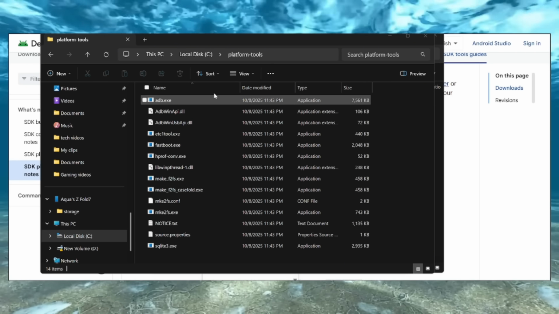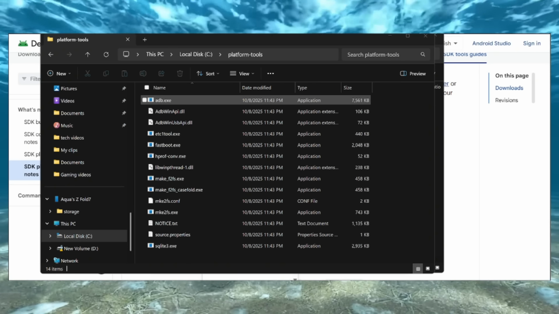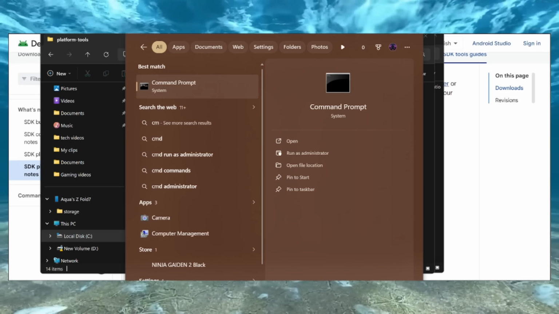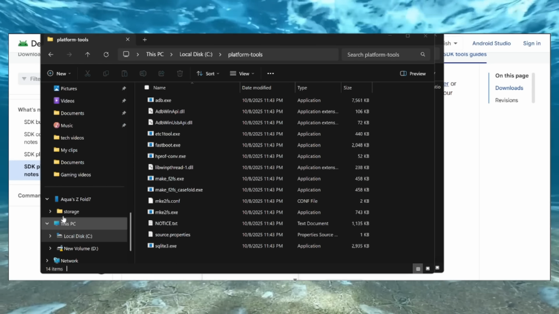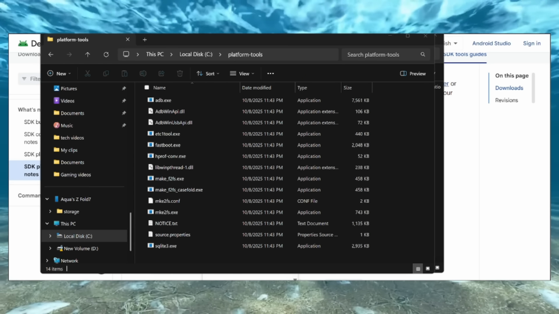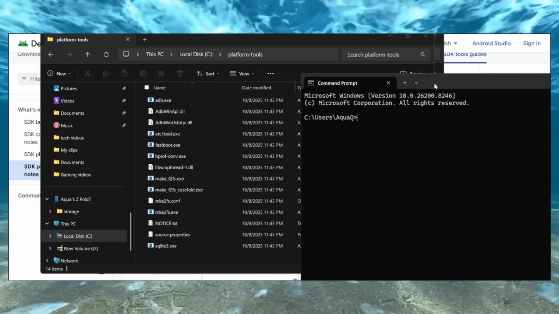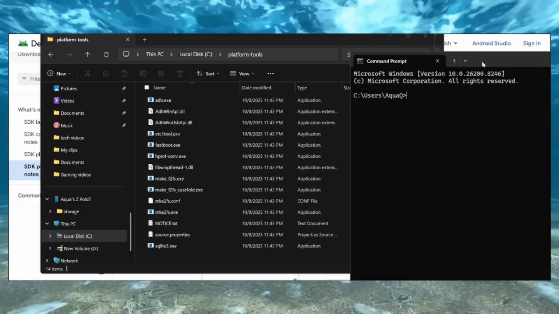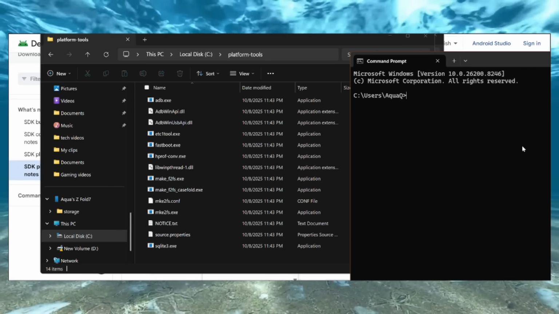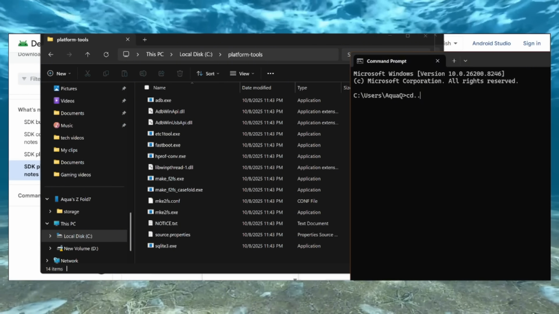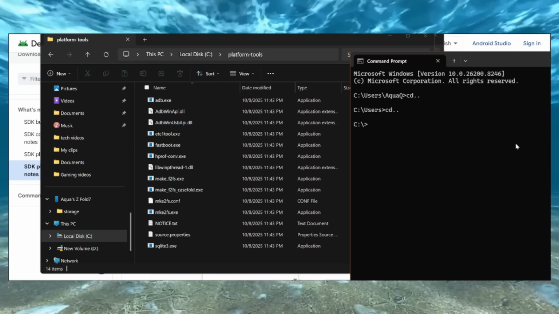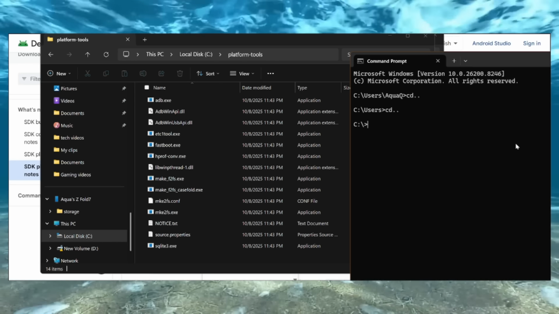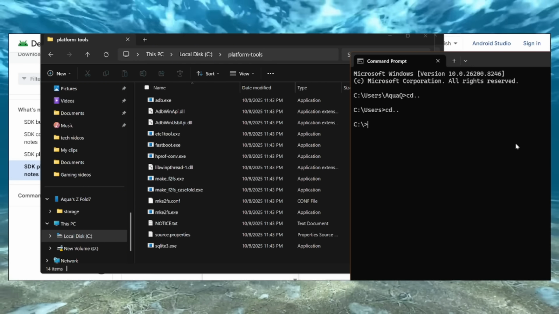All right, so now that we have all of these here in your C drive, now we can go to the start menu and we can type in CMD. CMD is the command prompt that we have here. So now that we have the command prompt, we just got to navigate to this actual folder. That's why I put it in the C drive, because that's probably the easiest place where I can put it. So I did CD, which is change directory,